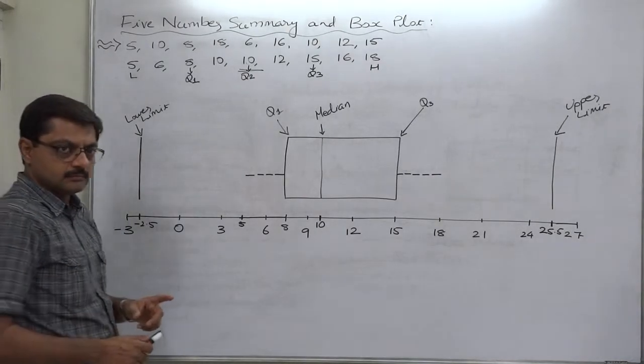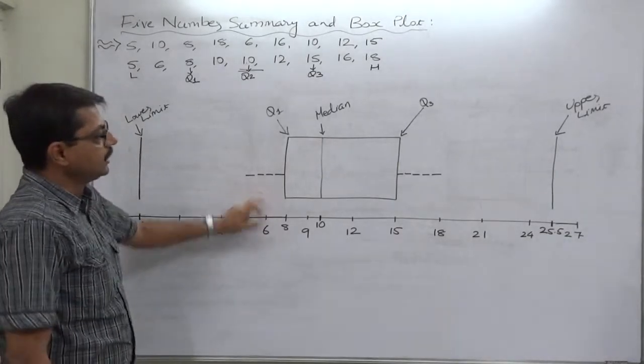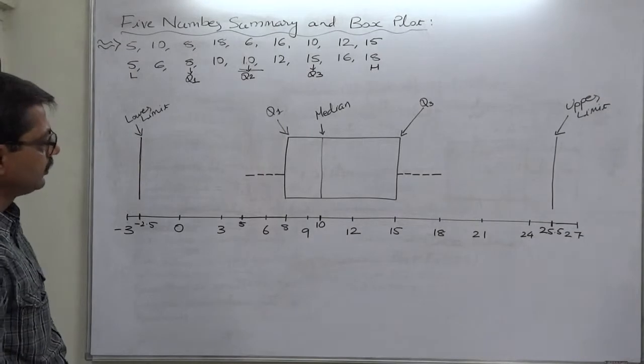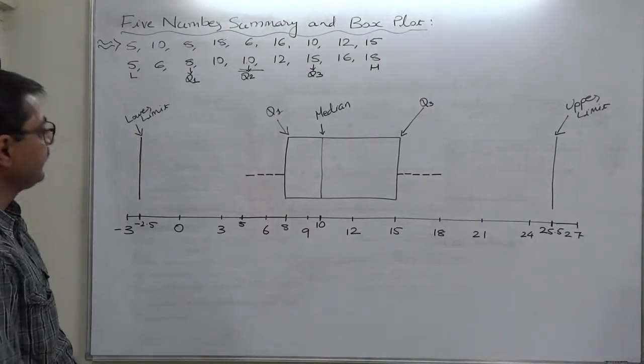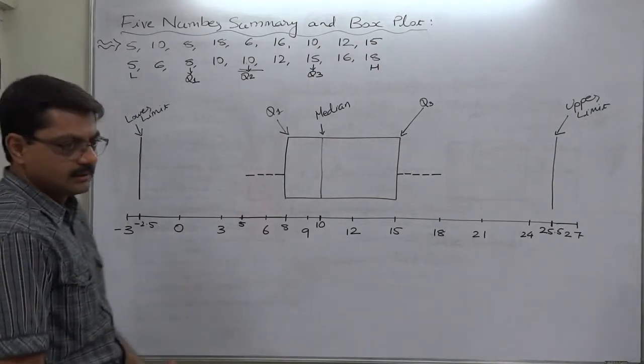Got it? Now clear, the concept of whiskers is clear? Okay. So this is the box plot chart, or say simply box plot. Again, thank you very much for indicating the biggest error of the chart. Thank you.